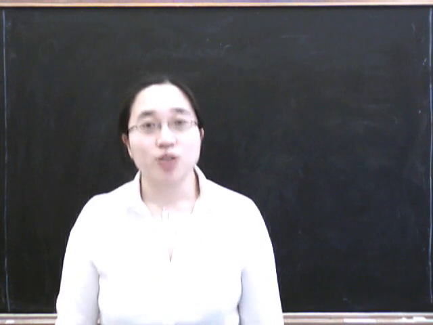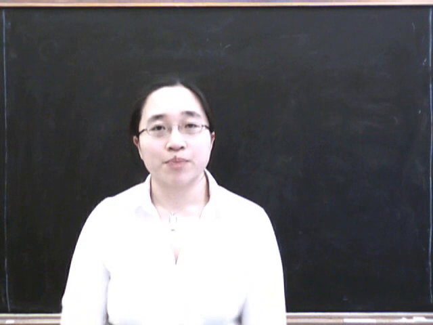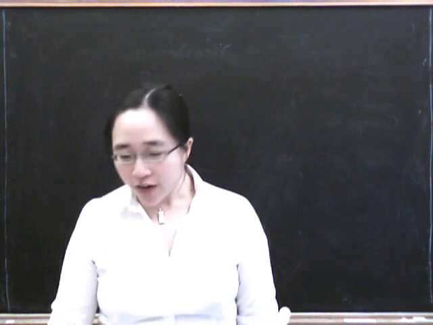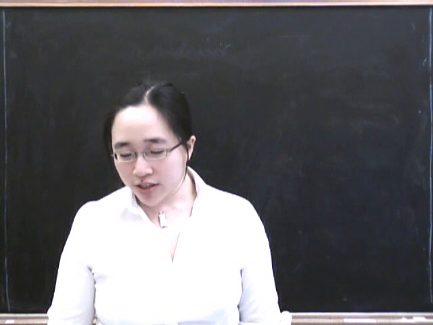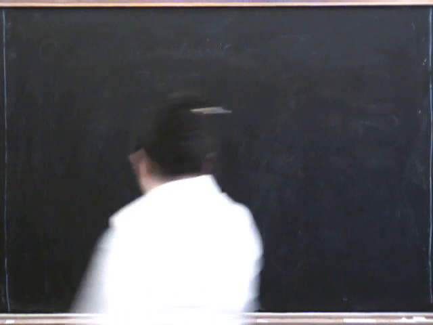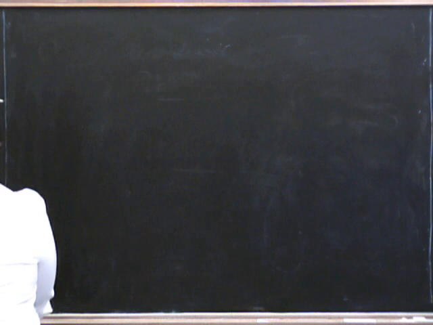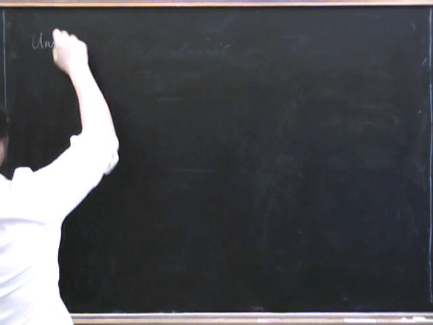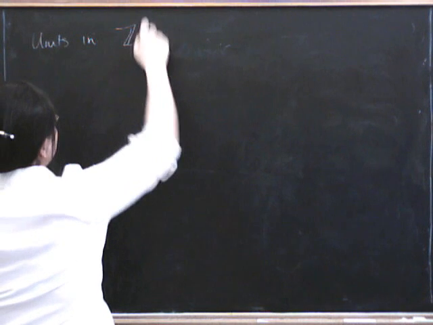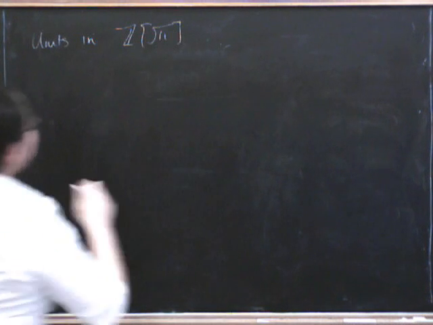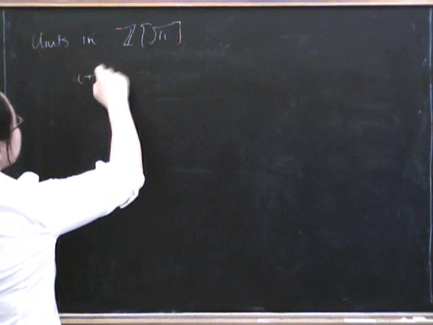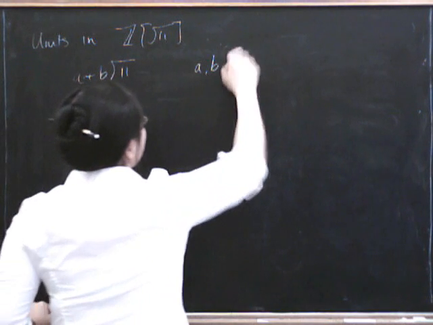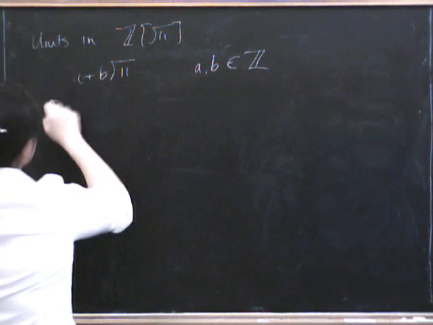This homework was quite hard, but quite important as well, so I'm going to take some time to explain it now. The first question was about units in Z root 11. So we're looking for units in Z root 11. So we're looking for A plus B root 11 with A and B in the integers,